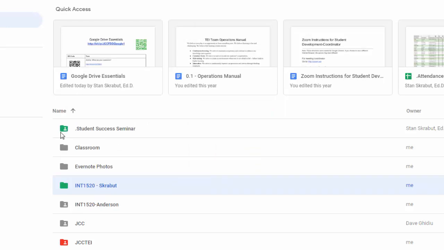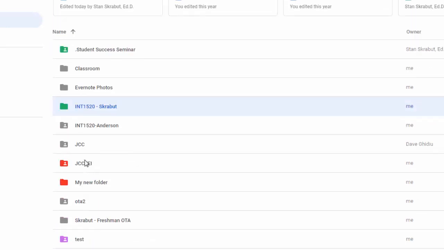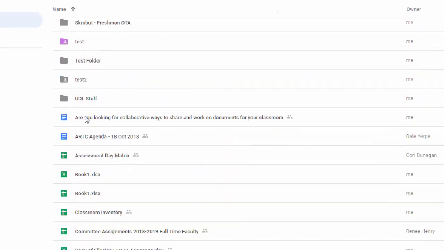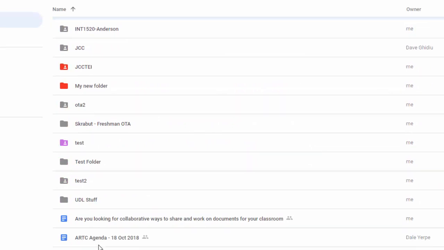The other thing that you notice by folders, if you have a figure in that folder, kind of head and shoulders, that means that folder is being shared. And we'll talk about sharing in more detail. And then finally, below all your folders, you also have a variety of documents that are not put into folders. One of the ways that you can